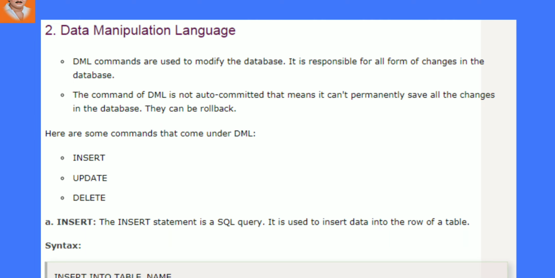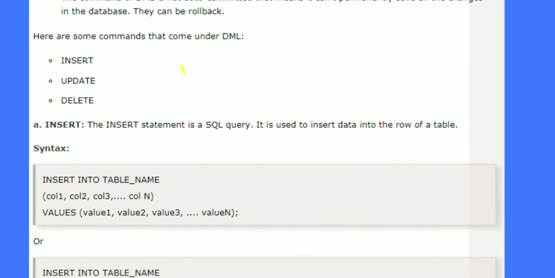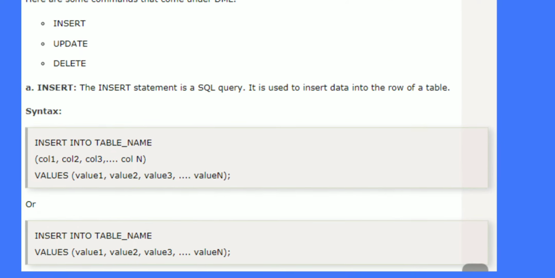Here the three major commands in DML, data manipulation language: one is insert, second is update, third is delete. For insert, when you are creating a table, we do not directly type the values in the table. There we have to use the insert command.